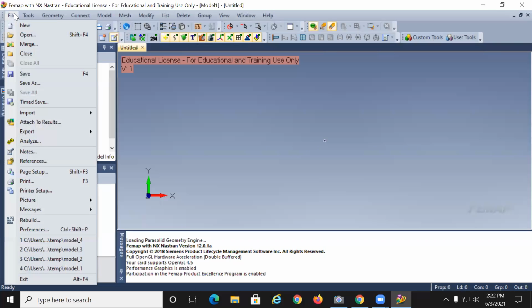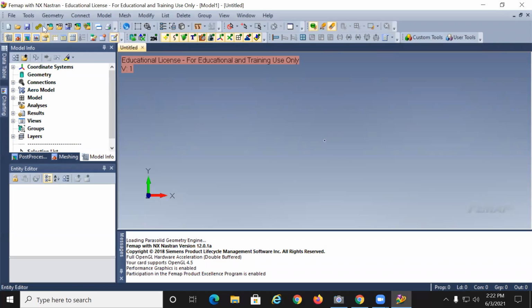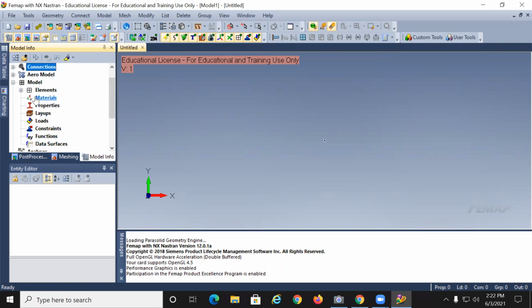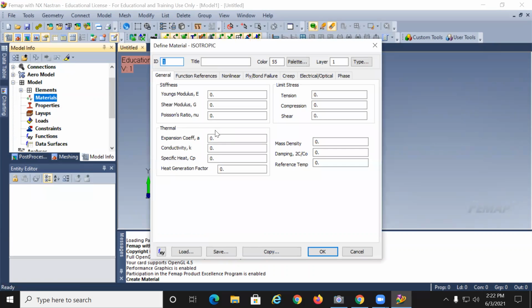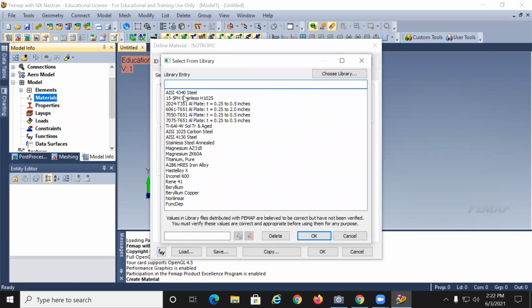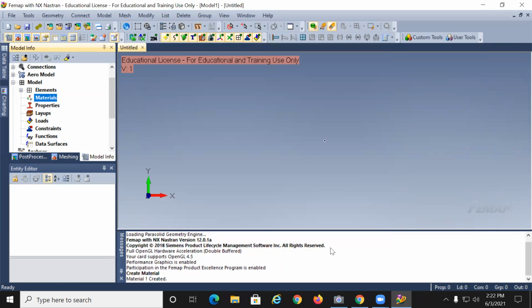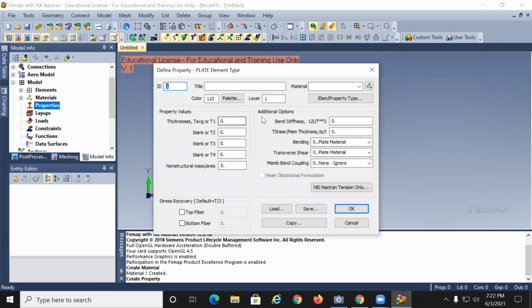So here, let's try to do a model quick. Help me a little bit. So this is the new model. Generally, I like to do it from here. Material is not important, because we're not calculating deformation. Anyway, this is in English units. So let's take steel. You could take anything you wanted. It's not going to change anything. Properties, we're going to take,